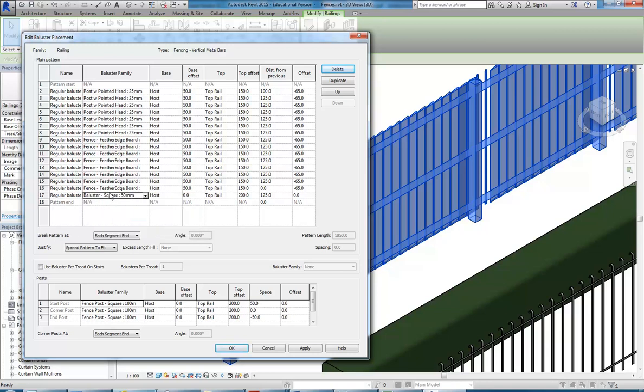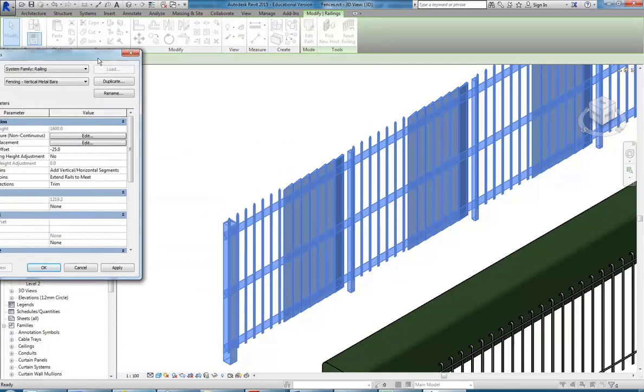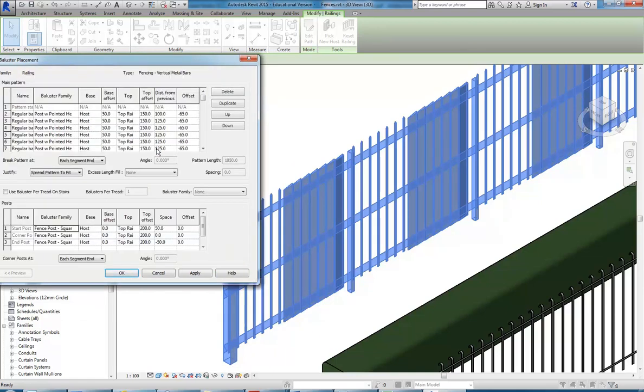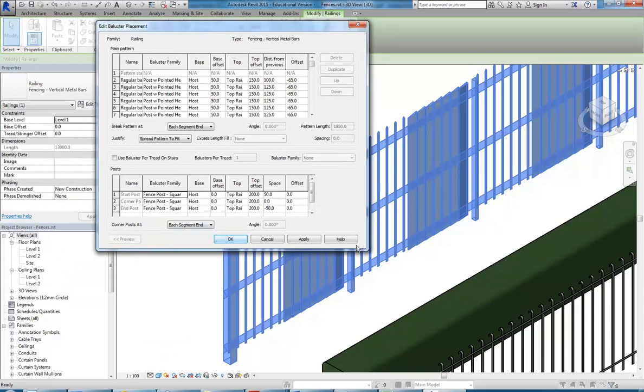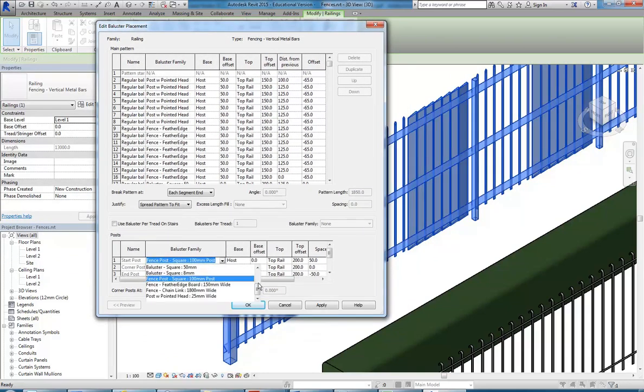50 mil probably is okay, but I'll have to check that. We'll have to look at the height. That'll be done differently, but I just wanted to show you the basic idea. Okay, so you can see there I've changed that post there. And then going back to the baluster placement, you have as well the start post, corner post and end post, and I can use probably the same baluster family, but you can see